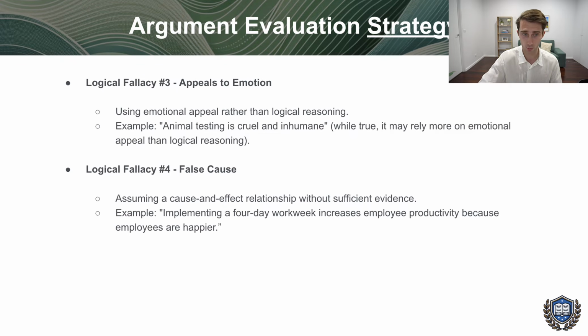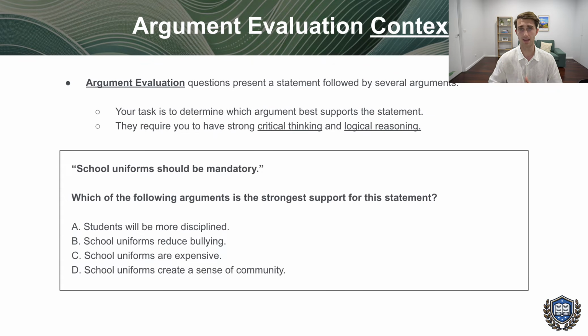The biggest thing overall with all of these logical fallacies is we have to be careful not to make assumptions. That's what most of it comes down to. If we make big generalizations, we're making an assumption of some kind. If just because one friend got into a selective school, that means we should just follow everything that they did. We're making an assumption that what worked for them is the most objective method for getting in. And so we need to be really careful about assumptions in this section.